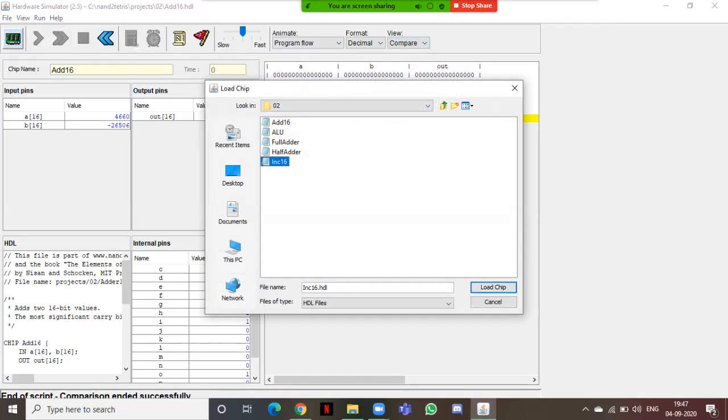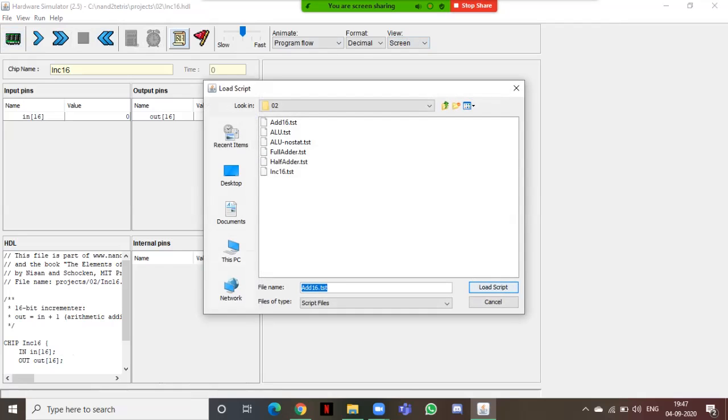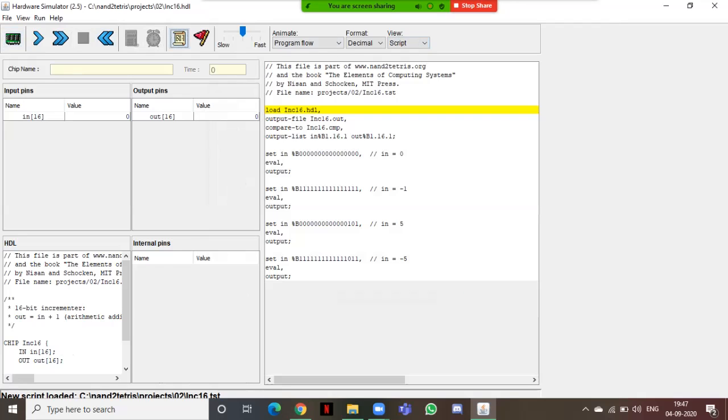It is increment 16. So we'll input a 16-bit function. I load the script for the same. You will understand once after seeing it. So here we come and I'll run it.